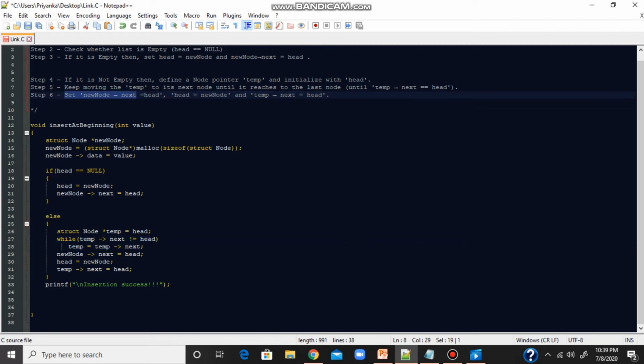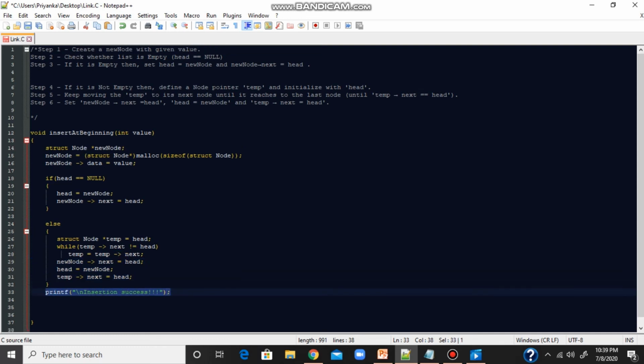That is, the next of the new node will be assigned head, and head will be assigned the new node, and temp's next value is assigned as head. That is being shown as the code here. Once we have followed all these steps, we can get it printed as insertion success, and with these 6 steps we can successfully insert a node at the beginning of the circularly linked list.